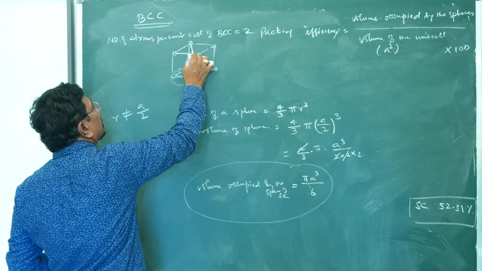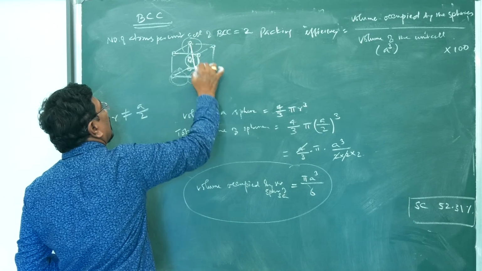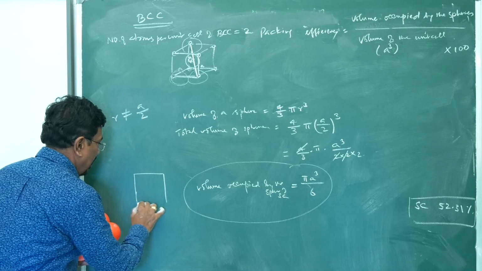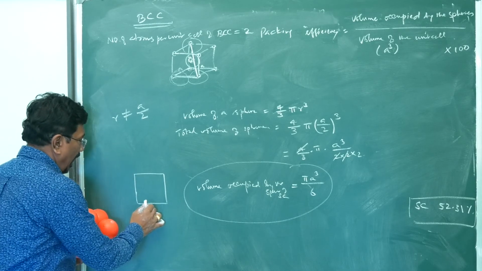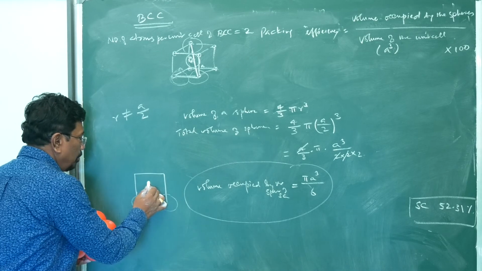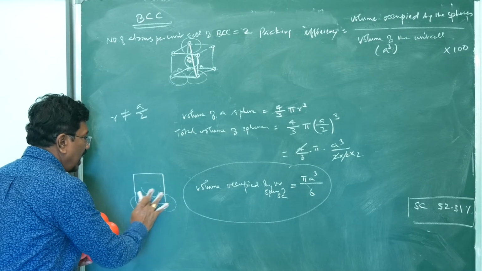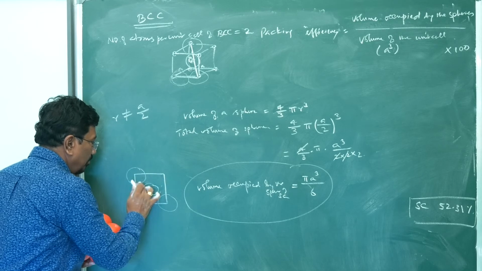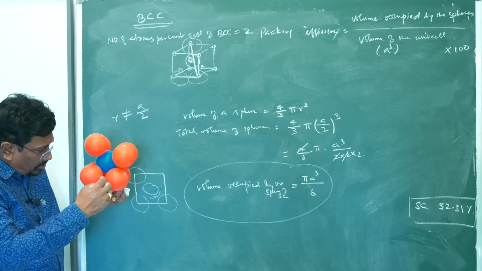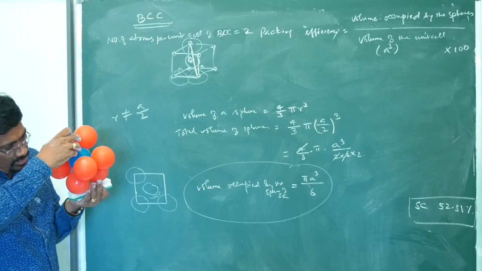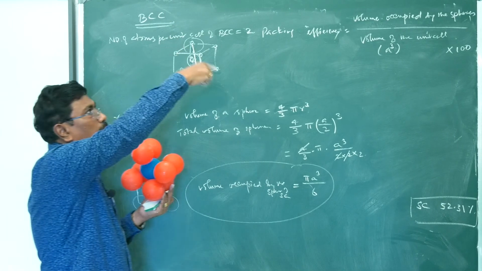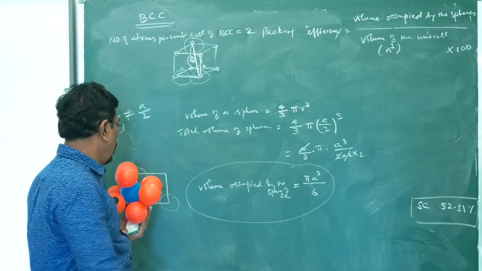Atoms are touching like this. The center atom is here, another atom here, another atom here. So, if you consider a square, the atom is here, and they are not touching each other. There is an atom at the middle. This atom is not touching this atom. This is also not touching. But this atom is touching this one, and in turn that atom is touching. If you go to the three-dimensional view, the body center, that and this center. This is how it goes.